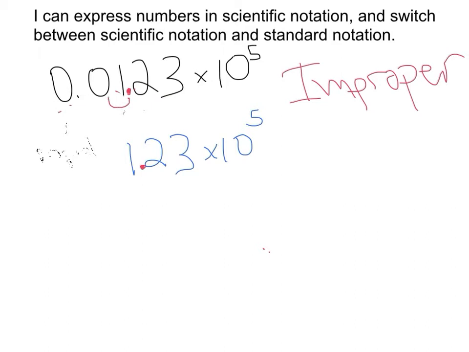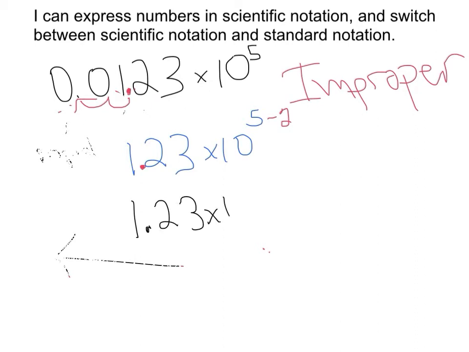We go to the left, 1, 2. All right, so we went left 2. Now, whenever you go left, the exponent goes down. So I'm going to subtract 2. So 5 minus 2. And my final answer is going to be